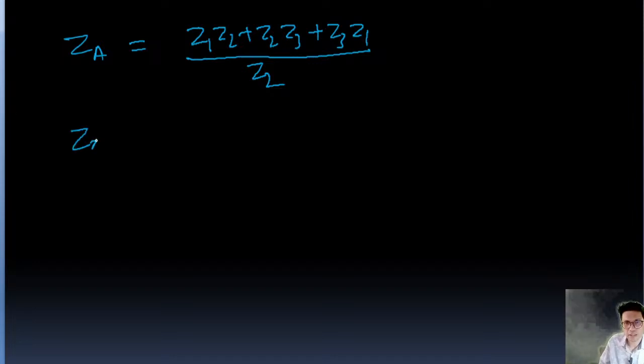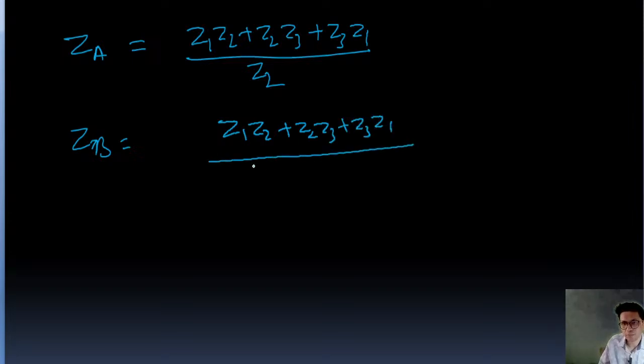And ZB is going to be Z1 Z2 plus Z2 Z3 plus Z3 Z1 upon Z3, and ZC is going to be